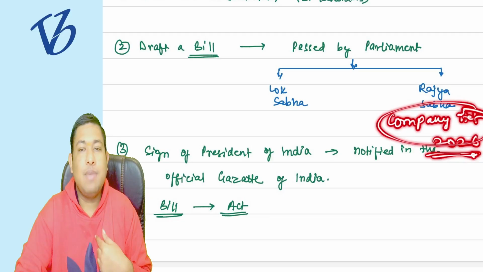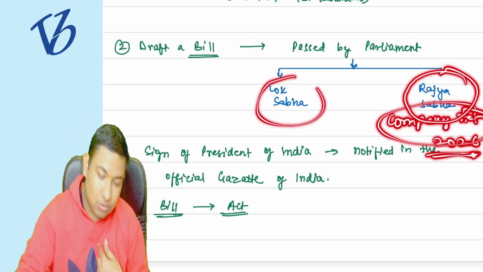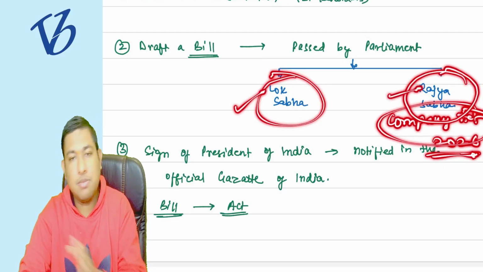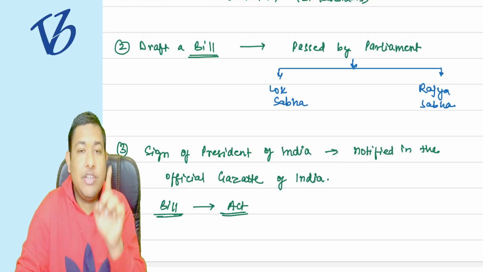If it is not impacting the general public, then you can go to the Rajya Sabha first and then the Lok Sabha. Or if you want, you can go to the Lok Sabha and then the Rajya Sabha. You can follow either order. But if there is a bill which impacts